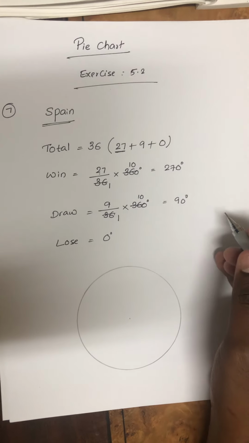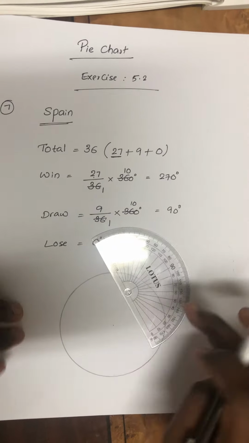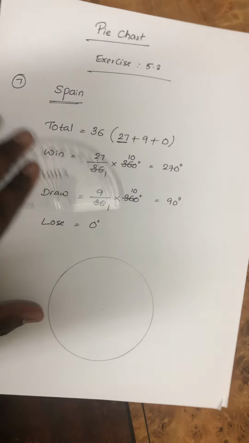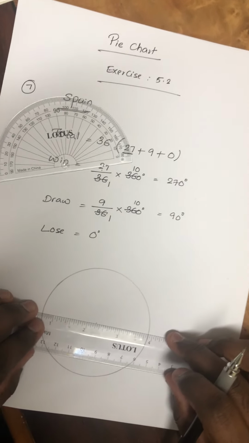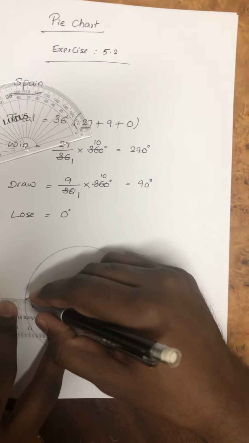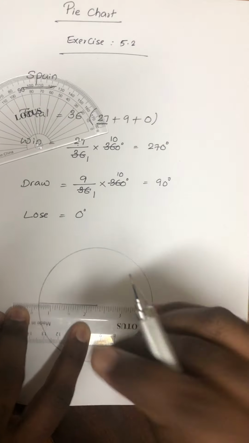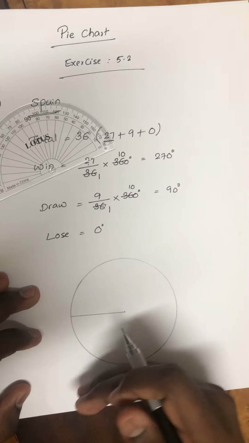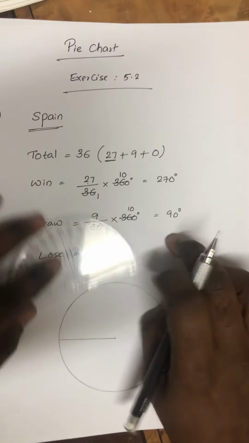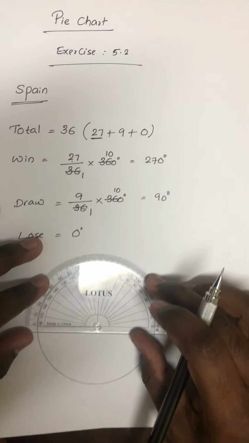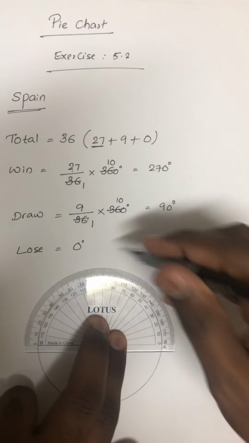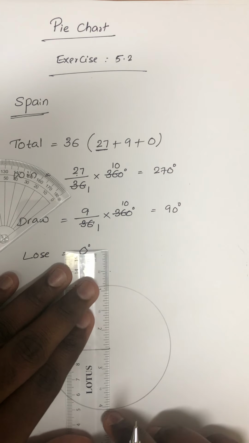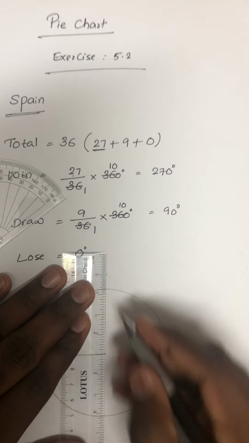But 270, how do we draw 270? The protractor is maximum 180 only. So better to draw the smallest one. Now I draw only one side line. Why? Because we don't have 180. If it is 180, then we can draw the direct total line because half of the circle is 180. So now we have to draw 90, the smallest one. By using the protractor, here is the 90. Match the 2 points and draw the line up to the circle.